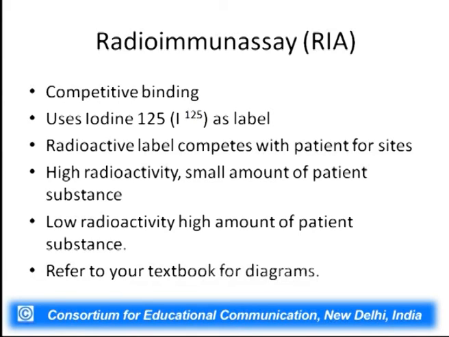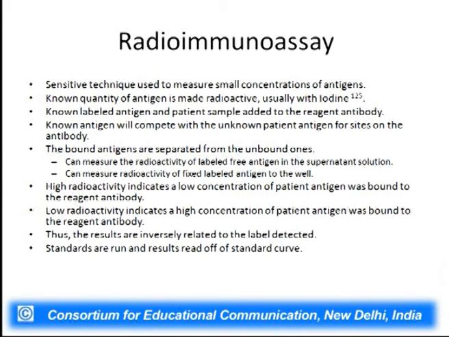radioactively labeled iodine as a label, and this competes with the patient's substance for the site of the antibody where it is bound to the iodine. What is the purpose? High radioactivity means a small amount of patient substance, and low radioactivity means a high amount of patient substance. So when I say radioimmunoassay, why do we want to use this? It is highly sensitive as compared to ELISA, and